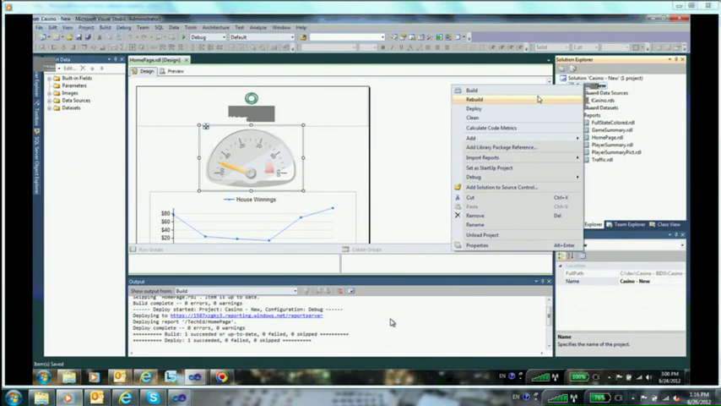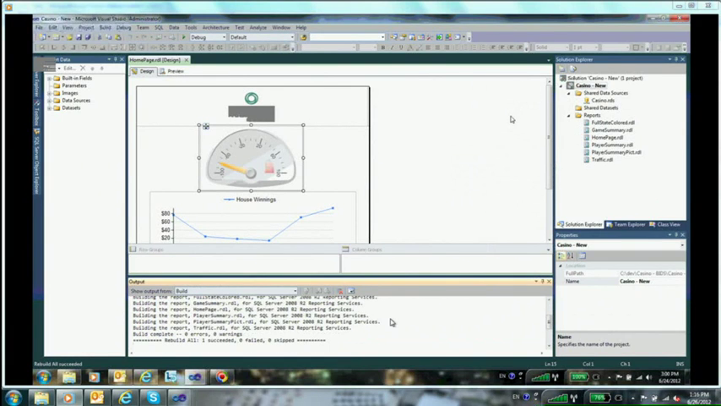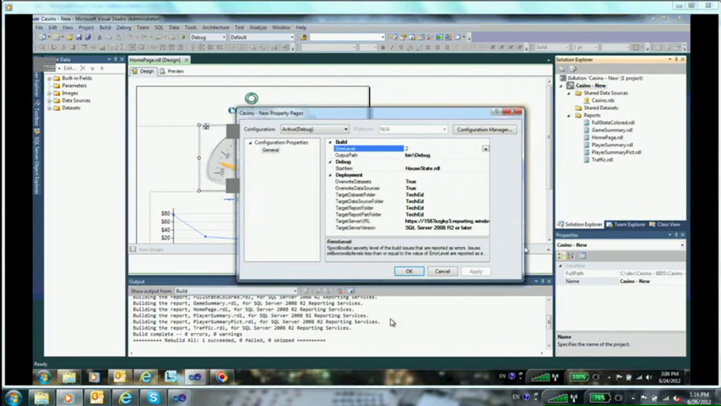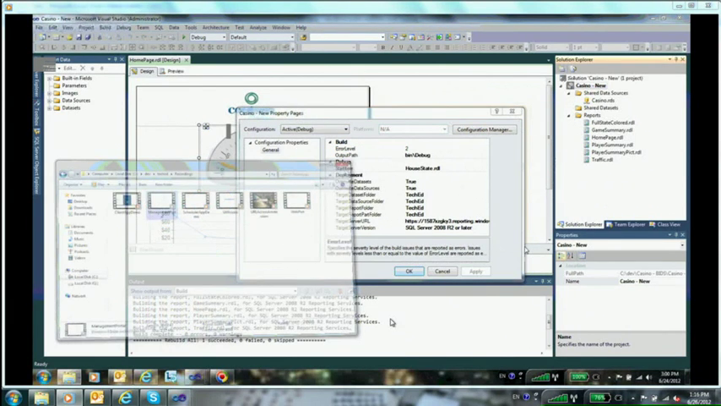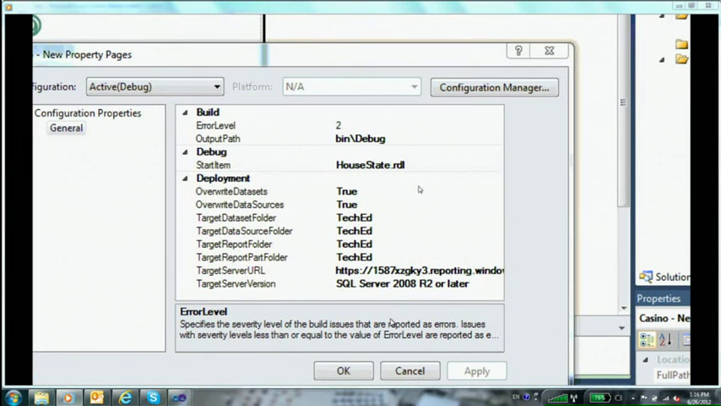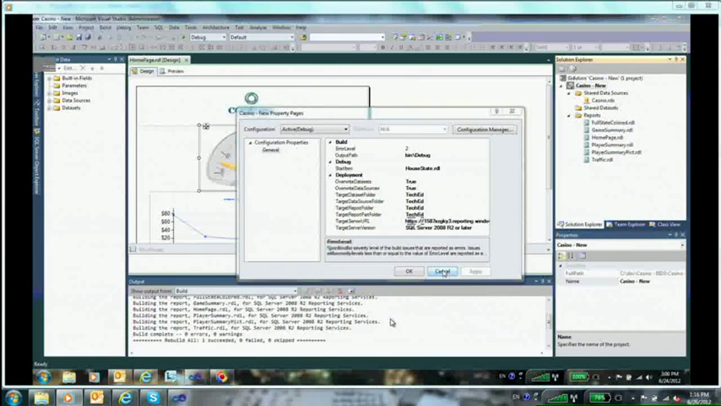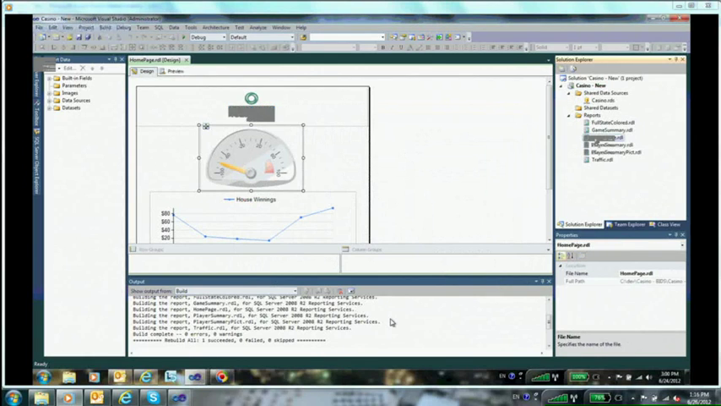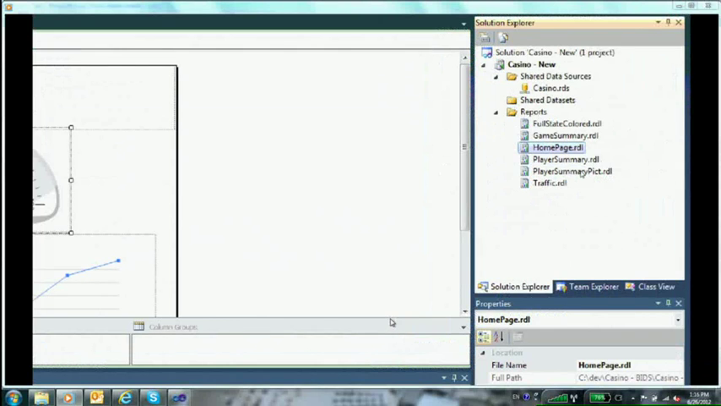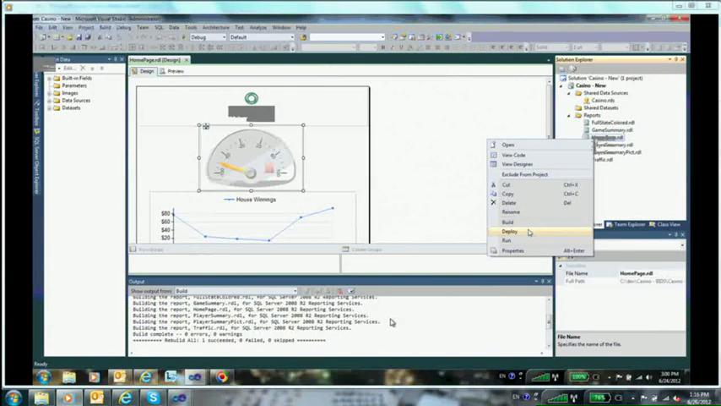Yes, so it's pretty simple because most of you are already familiar with this tool, with BIDS. So it's exactly the same usage. What is nice about BIDS is that it has this nice integration with deploying to Azure. You have in your project properties these settings where you can specify your target server URL, which points to our server in Azure. And you can specify what folders you want to deploy, reports, data sources, and a few more properties. So now I just go and select my report and deploy it